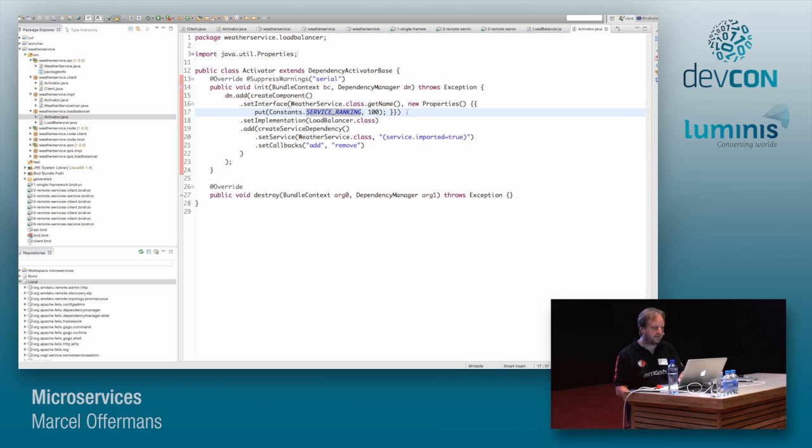And I obviously need to make sure that in the load balancer I'm not finding myself, because that would create an interesting loop. So there's a little trick that I use, because all the other services will always be imported because they're remote services. So I'm telling the load balancer only look for services that are somehow remotely published to our container. So you couldn't, in this demo, actually run a local weather service as well and make that work. I would have had to tweak the filters a little bit for that. So let's see how that works.